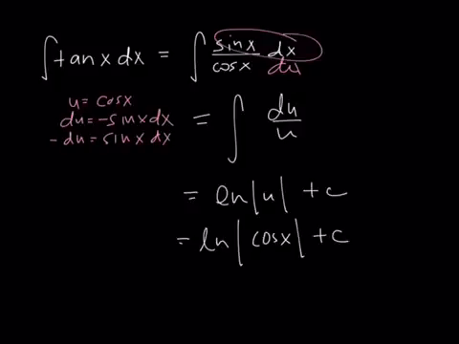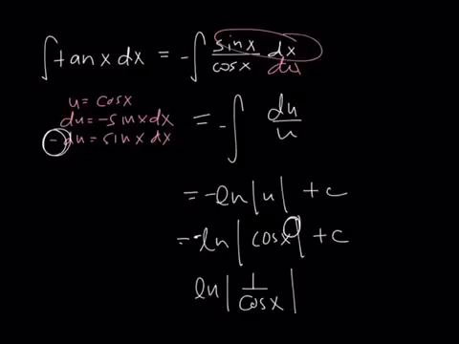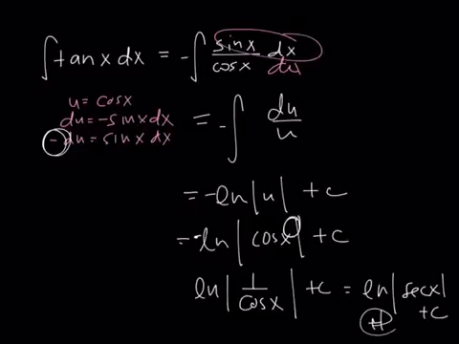plus c, but I forgot something important. I'm actually kind of glad I did. Because remember, that negative in front can become the power on the cosine. Because that negative 1 power makes cosine in the denominator, which gives you the secant. And that's your integral for tan. And likewise,